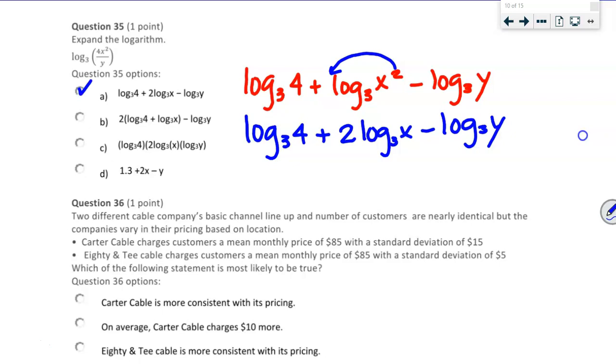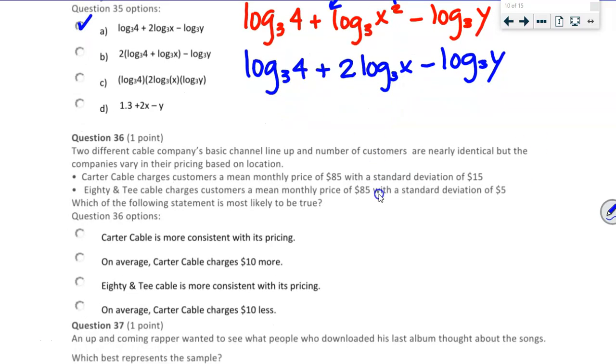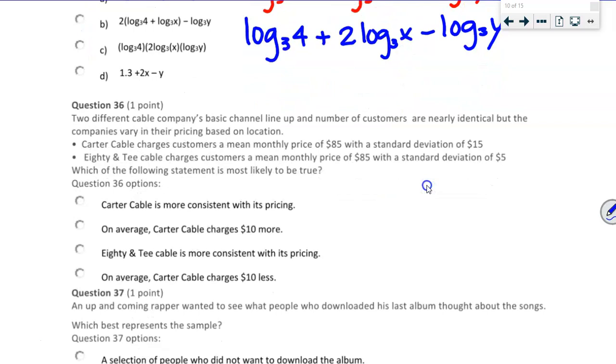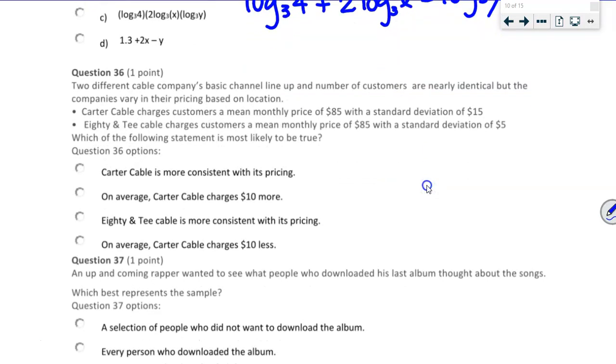Yep. On this next one, it says 2 different cable companies' basic channel lineup and number of customers are nearly identical, but the companies vary in their pricing based on location. Carter Cable charges customers a mean monthly price of $85 with a standard deviation of 15. AT&T Cable charges customers a mean monthly price of $85 with a standard deviation of 5. Which of the following statements is most likely to be true? So first it says Carter Cable is more consistent with its pricing. We're going to look at that one in a minute, but let's go on to the next one and see if we can